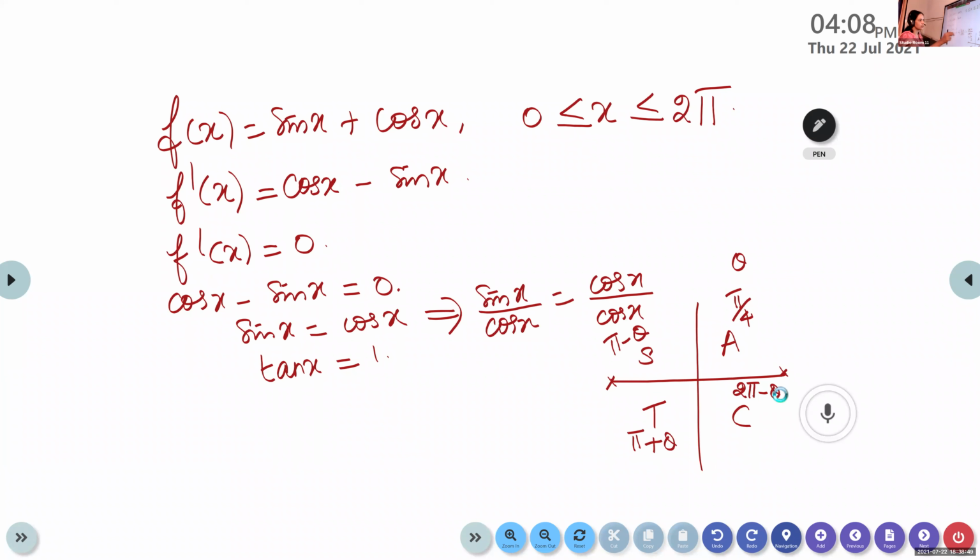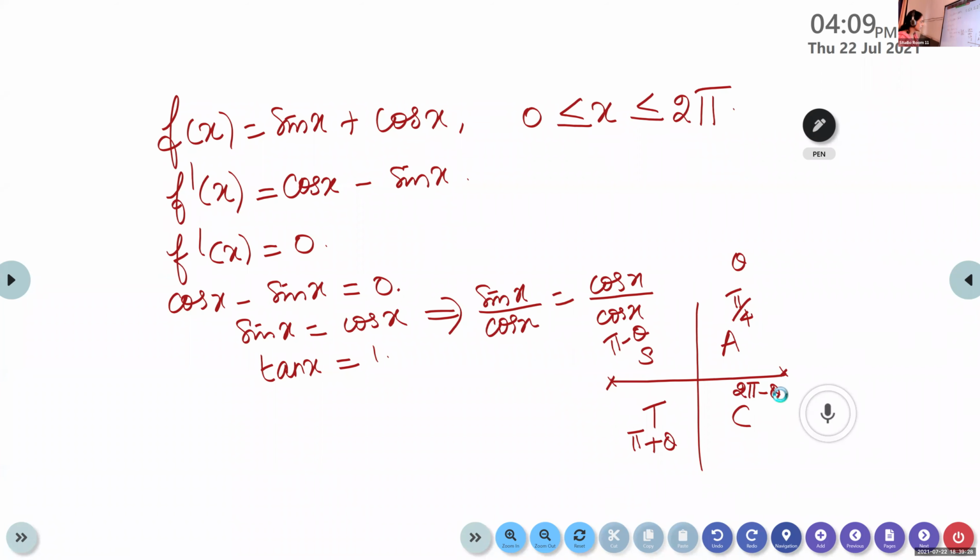Okay. So if you take the first quadrant, it takes the form theta. Second quadrant, it takes the form pi minus theta. Third quadrant, it is pi plus theta. Fourth quadrant, it is 2 pi minus theta. Now Ma'am, it can also be written as minus theta. Yes, in first rotation only we can write minus theta. In second rotation, it will become 2 pi, more than 360. So that is why we insist on 2 pi minus theta. 2 pi minus theta is equivalent to minus theta.